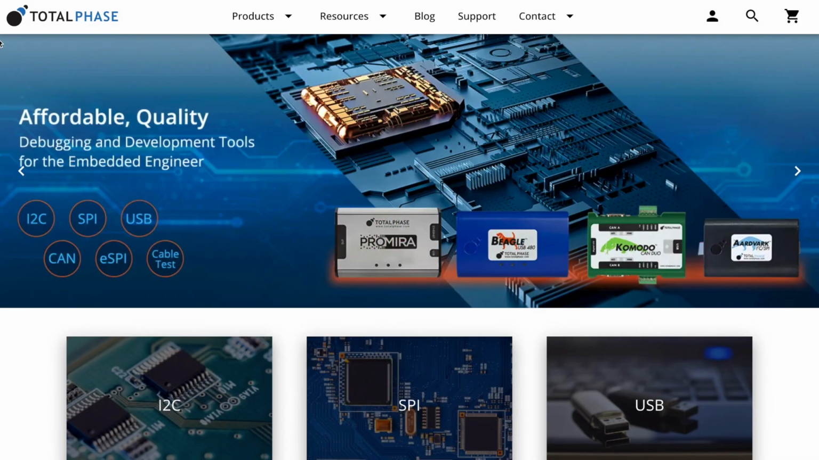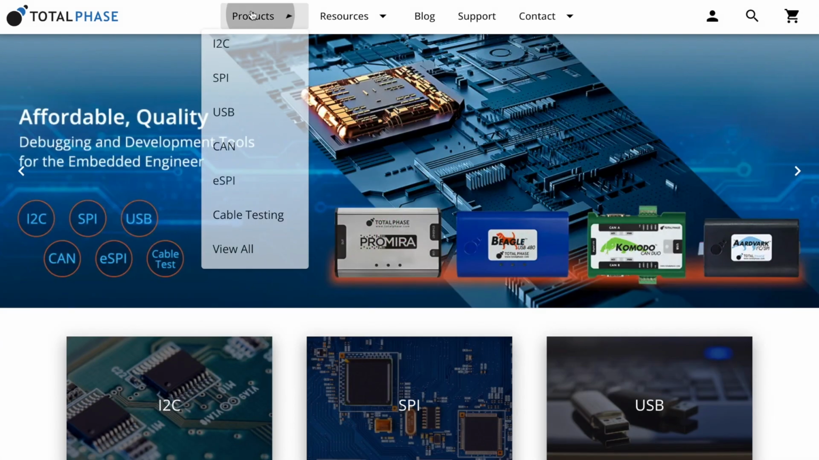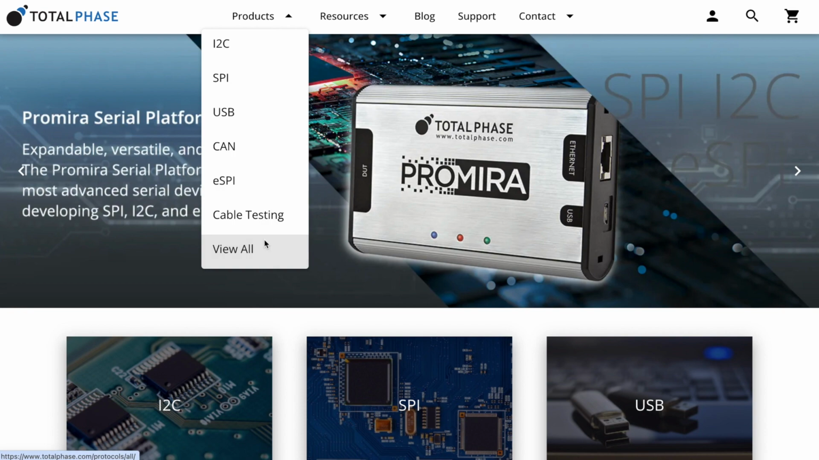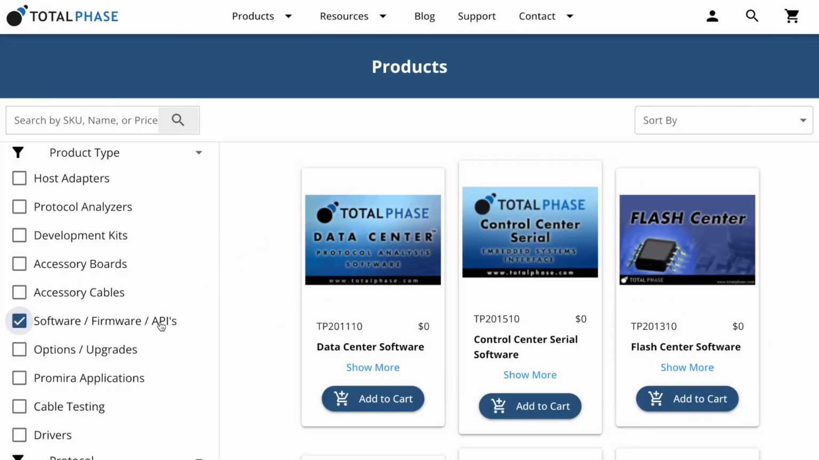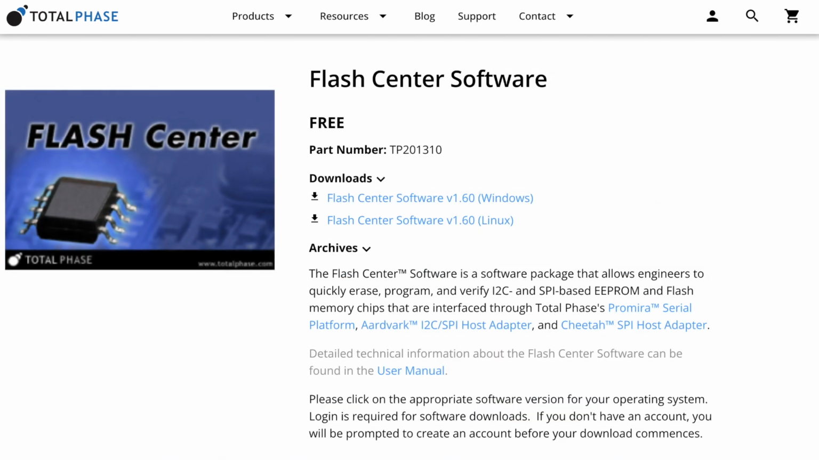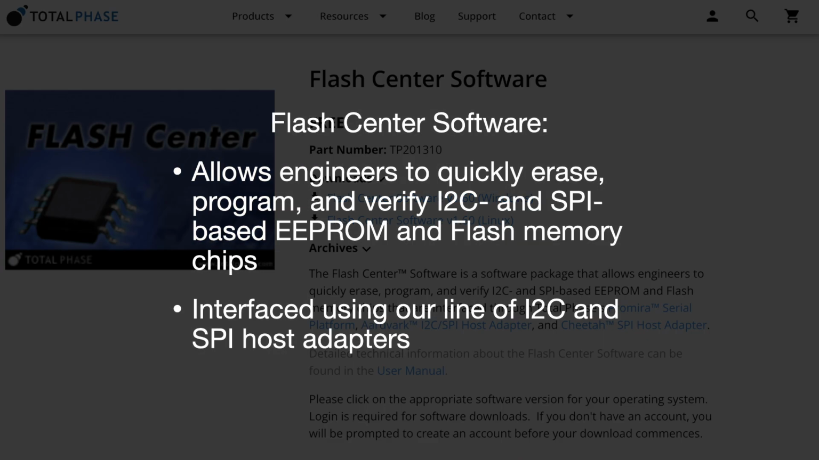In this video, we will give an introduction into our Flash Center software and demonstrate how to easily add a memory device that is not natively supported in the parts library with just a few easy steps. TotalPhase's Flash Center software allows engineers to quickly erase, program, and verify I2C and SPI-based EEPROM and flash memory chips